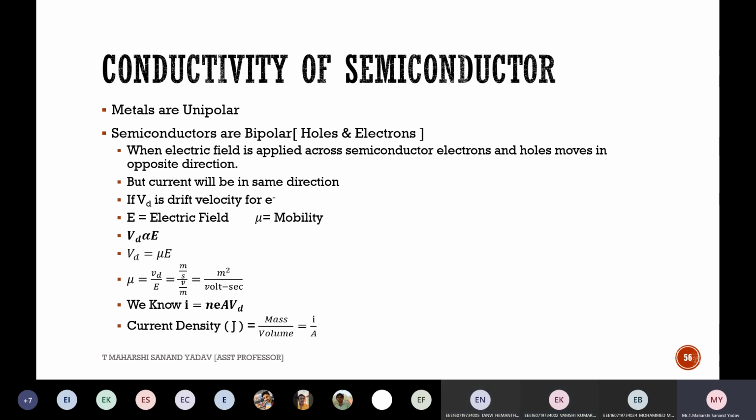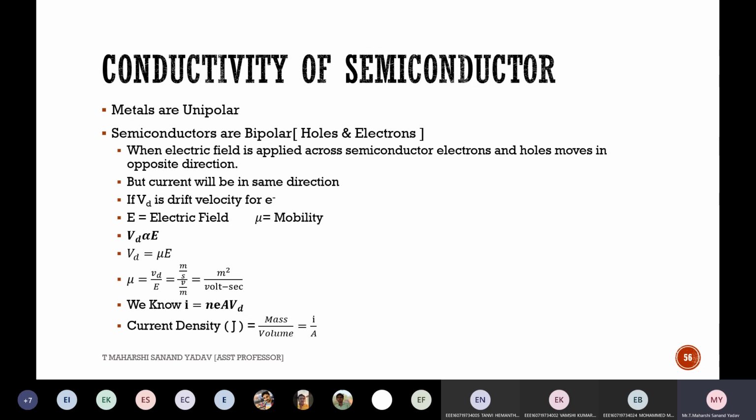So VL is equal to Vi by R plus RL into RL. If this is the voltage at this point, this is VTH. So VL is equivalent to VTH only, as both are connected in parallel. So simply I'm replacing VL with VTH. VTH is equal to Vi into RL by R plus RL. Did I get the same answer or different? Same, as the voltage division rule. So better you practice VDR, the voltage division rule, because it will save your time, or else you need to derive all these formulas.